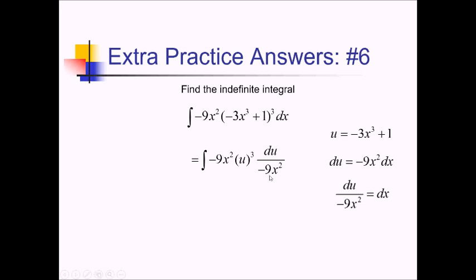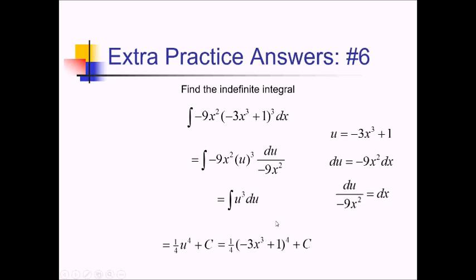Conveniently, these negative 9x squareds cancel out completely, leaving us with just u to the 3rd power du. Now I can use my reverse power rule. This bumps up to an exponent of 4. Dividing by that, we have 1/4 u to the 4th power plus c. And then I'll just replace u with negative 3x cubed plus 1 to get this back in terms of x,